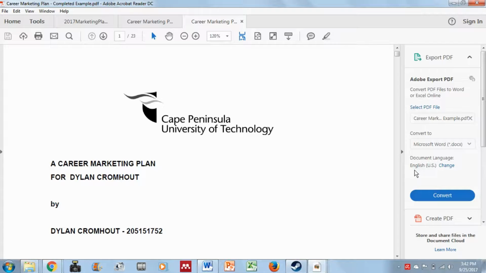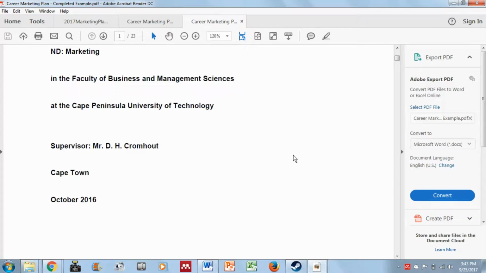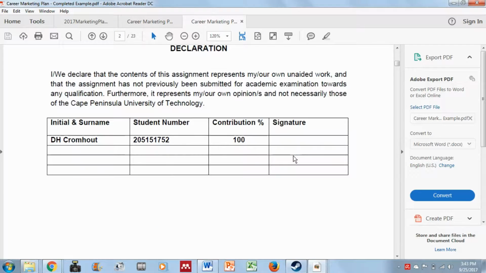Okay, lastly we need to quickly look at a completed example. What does your project need to look like at the end? Okay, I've taken everything that I've written for myself and I've placed it into this document. Once you've finished everything, you need to go back, as I said, and you need to